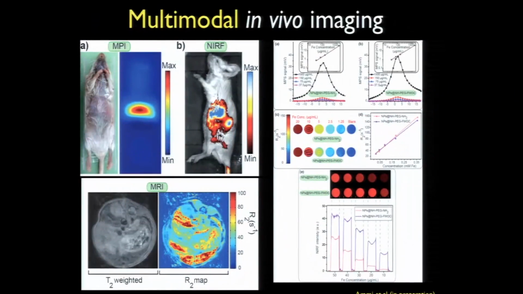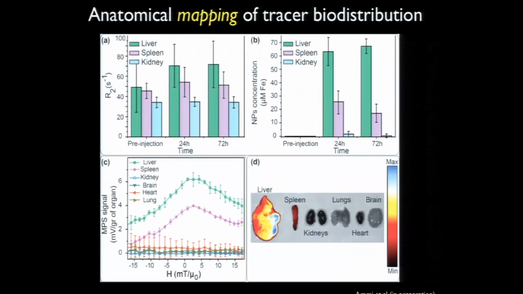The other thing we have also done is to make our tracers have multiple contrasts. Of course, they have MPI contrast, they have MRI contrast, and we have also put a functional optical near-infrared fluorescent tag on these. Then we can also use that to understand some of the biodistribution as well. I just want to very quickly mention that we have looked at the linearity of these signals and so on, but that's a completely different experiment. The bottom line for this discussion is that we can take these optically tagged tracers,